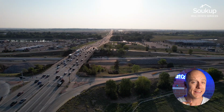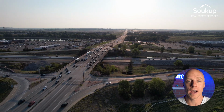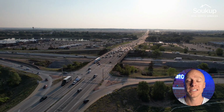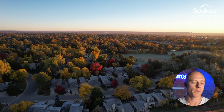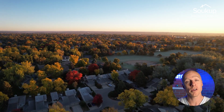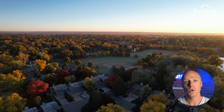Now in Fort Collins, they can be in any zone throughout the entire city, and they supersede HOA rules. So HOAs can't come in and play the white knight of, no, we're not gonna have any ADUs in our subdivision. Sorry, the Land Development Code supersedes that. So yes, of course, you're gonna have to go through code requirements for parks, forestry, streets, fire department, all the different code. You're still going to have to pass all of that,